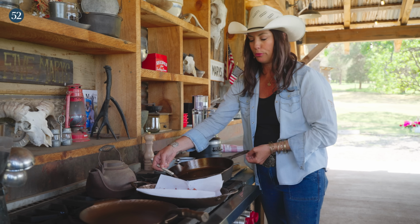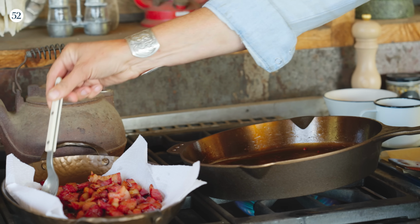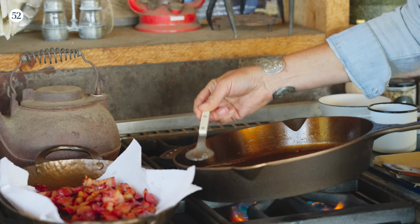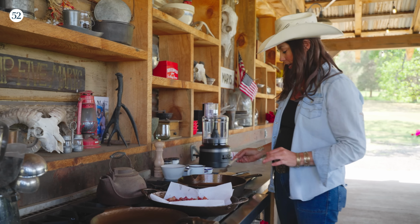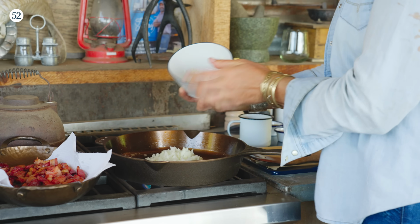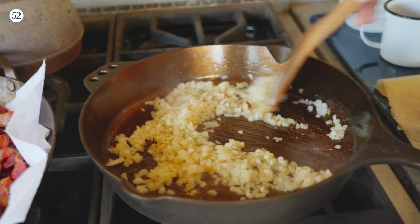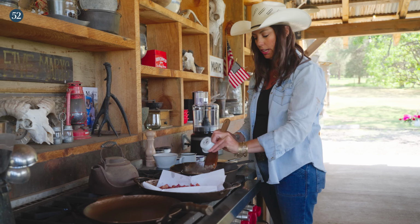I like to leave about 3 tablespoons of that yummy bacon fat in here. It's kind of personal preference, not too much, not too little, but I'll spoon a little bit out and leave plenty to coat the pan so I can throw in my diced onions and saute these until they're soft and maybe a little bit brown. I'm gonna add my minced garlic